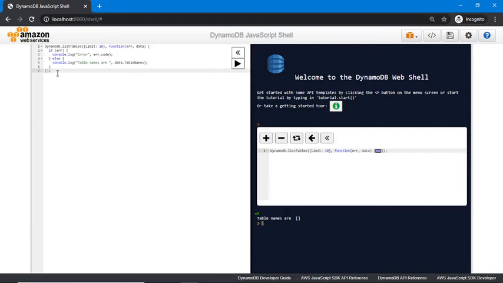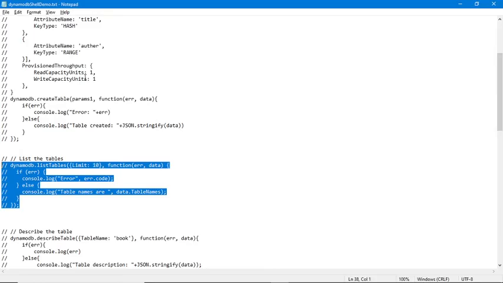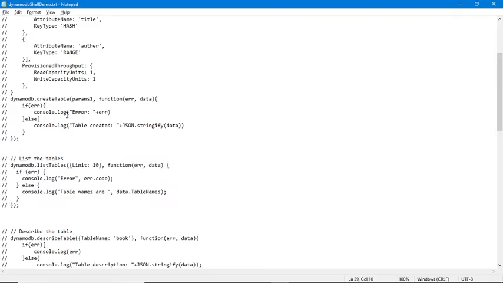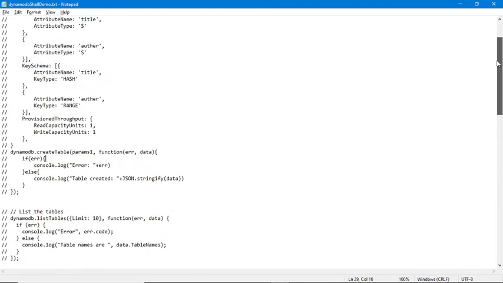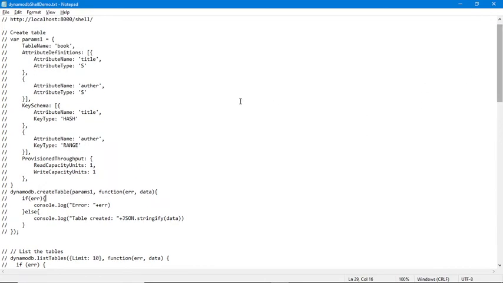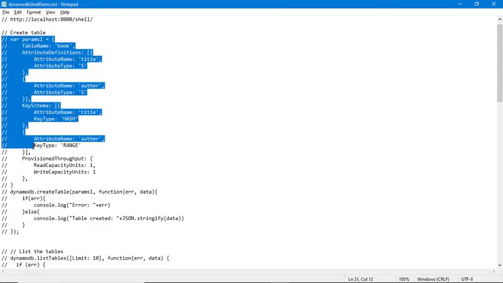Now I am going to show you how we can add a table or create a table. This is our first CRUD operation, the create table command. This is my create table command.